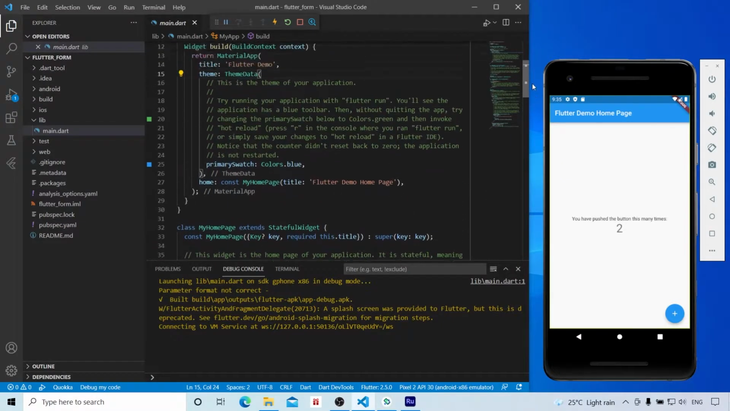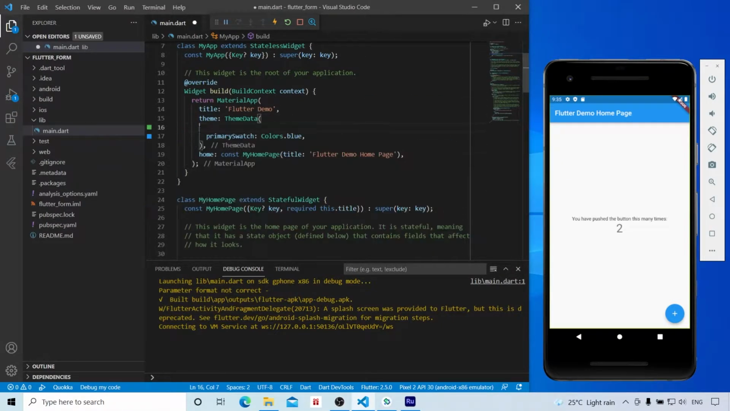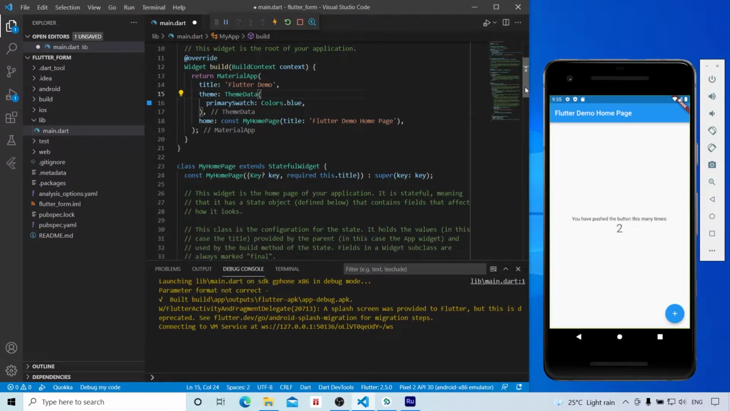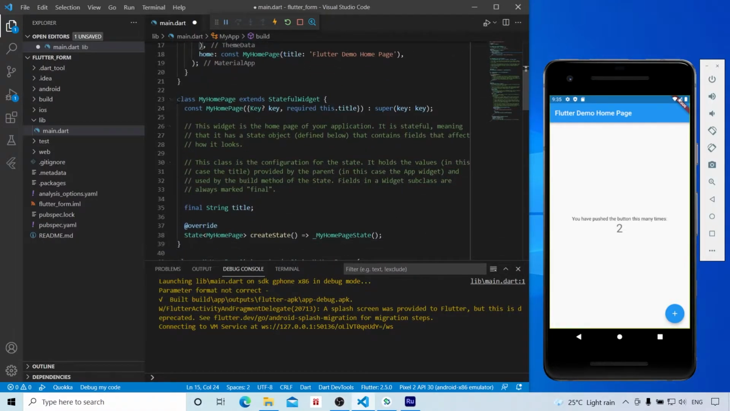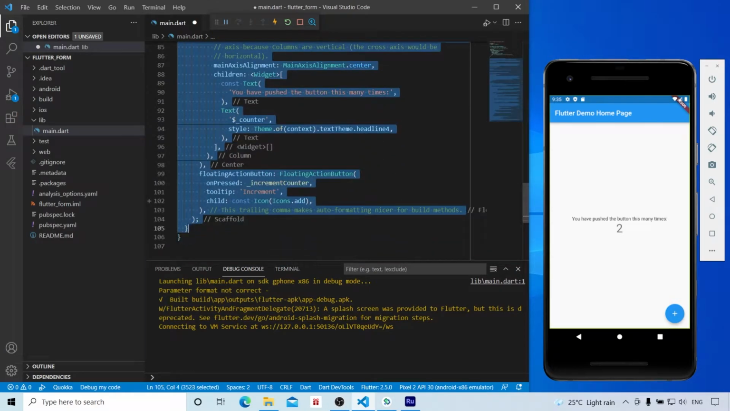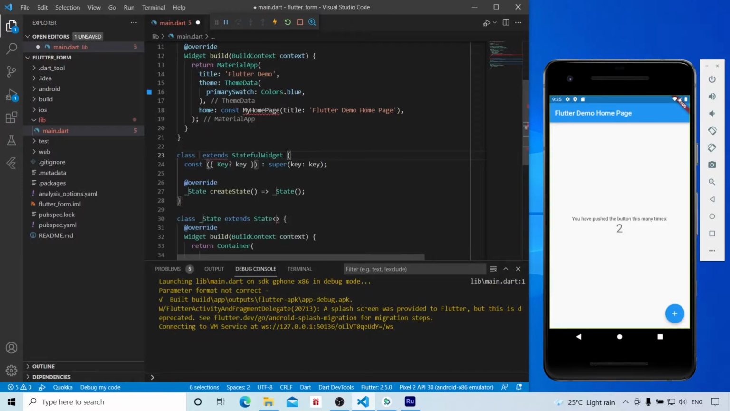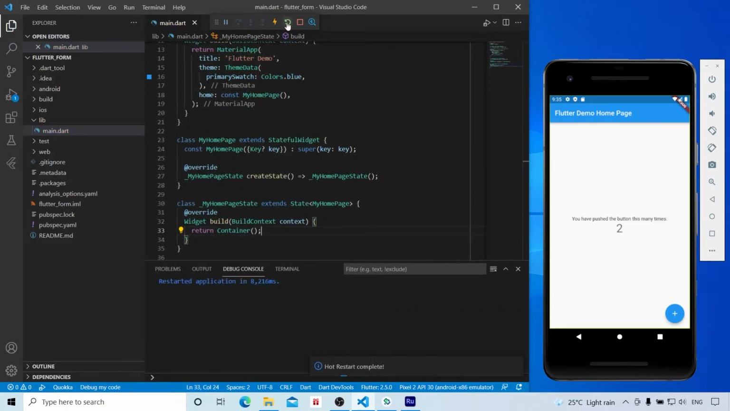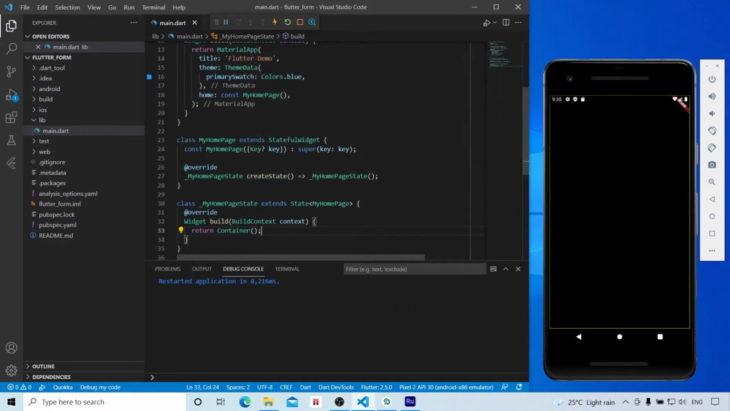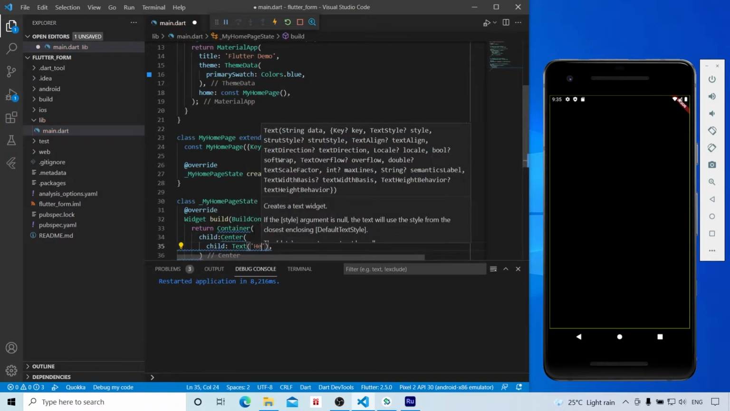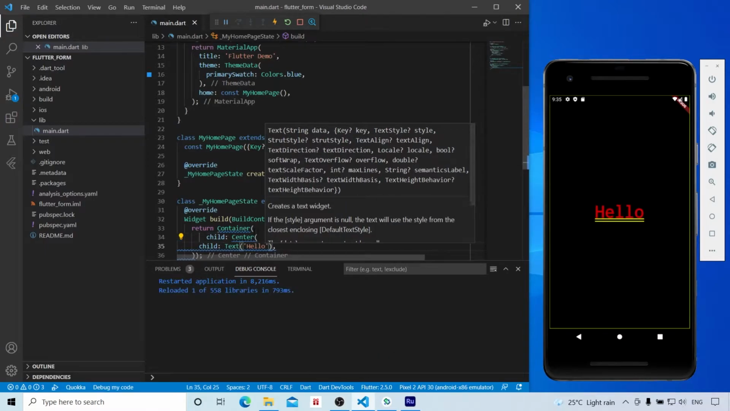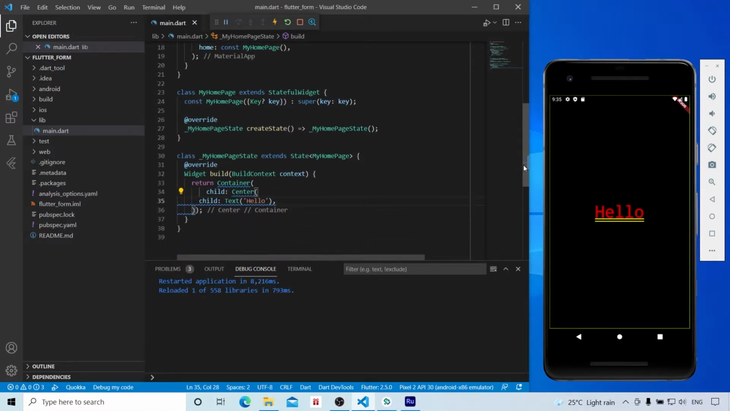Now we will do some cleaning on the sample app. We will remove the comments, and I will delete the MyHomePage widget and recreate it. After recreating, it will only contain an empty container. We will open our blank app in the emulator. We will add a Center as child to the container and give some text inside the Center to make sure